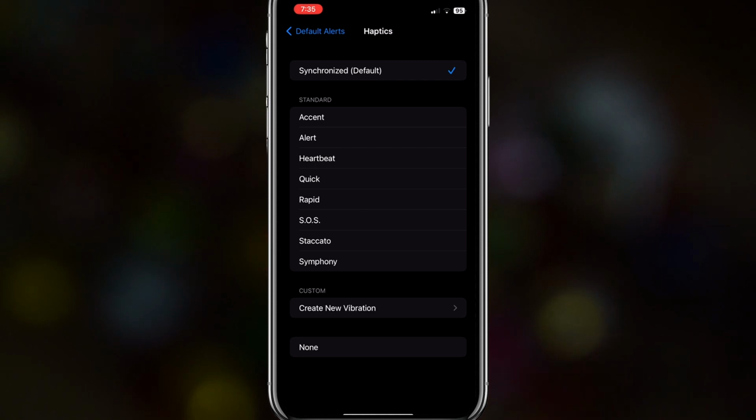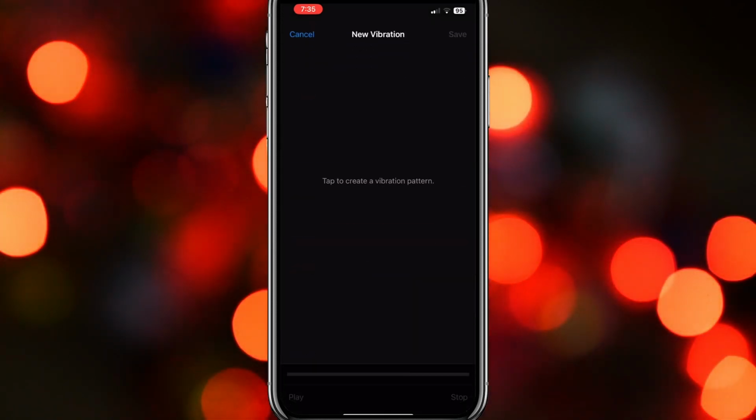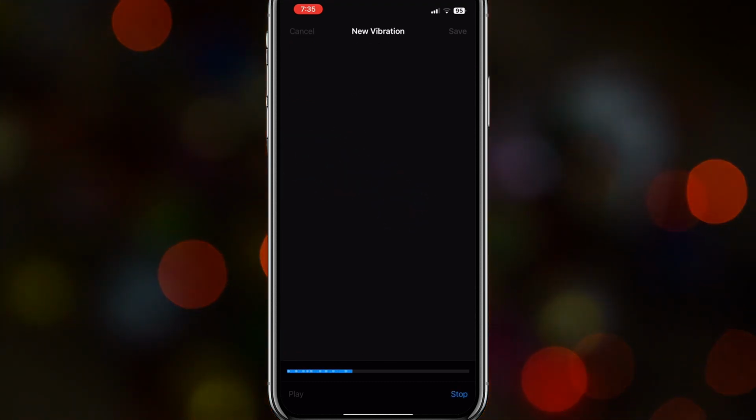You can also create how your phone vibrates here in Create New Vibration. Just select that and tap on the screen any rhythm you like, and if you're pleased with it, just press